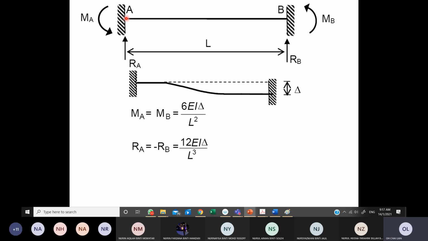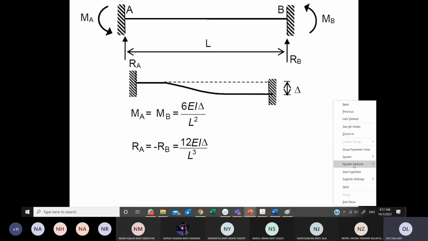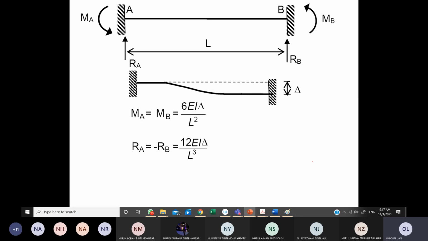If you look at this appendix, this moment is counterclockwise. Why is this so? There is a principle or tip for you to use. To predict the directions, we look at the displacement or deflection, and our principle is to make sure it goes back to the original